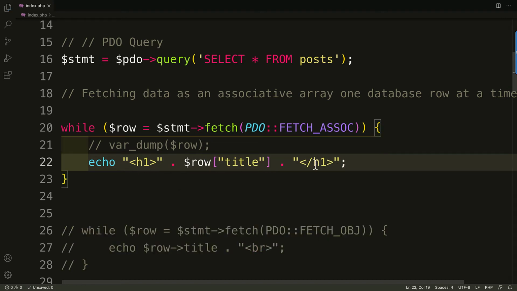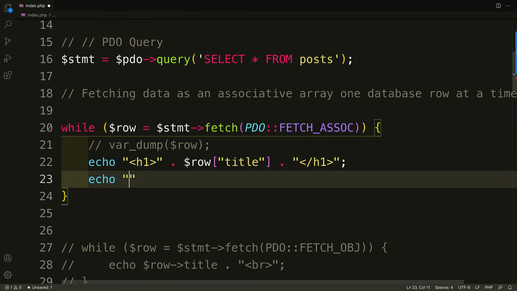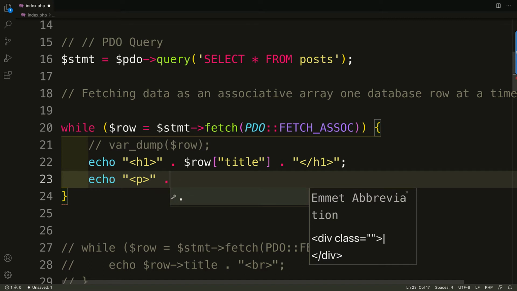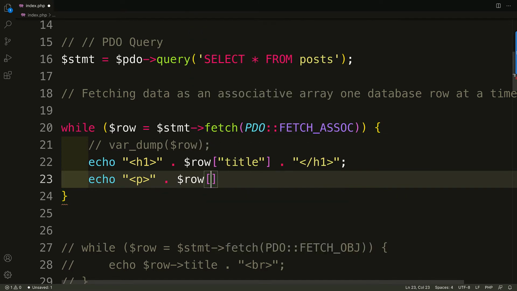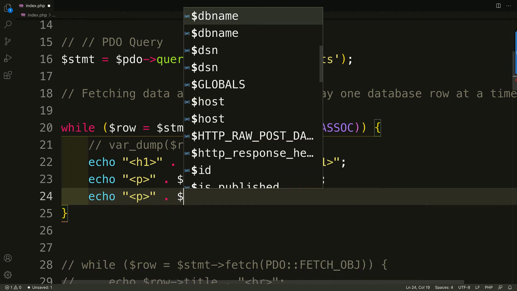and we'll put the title, and then on the next line, echo. We'll just put a paragraph, and we'll put it like this: dot, $row, double quotes, author. Dot, closing paragraph. Just because we can. And then we'll echo out another paragraph, and then we'll put in the content,